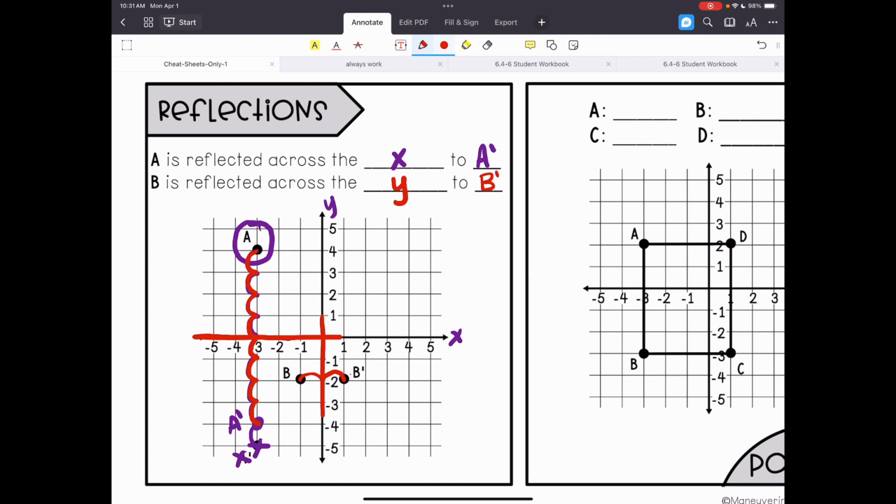So that's all a reflection is. So let's do one of our own. I'm going to switch again to a different color. So if I plot C